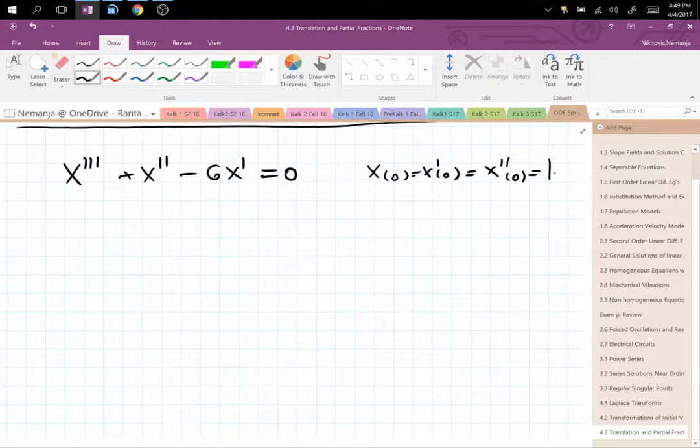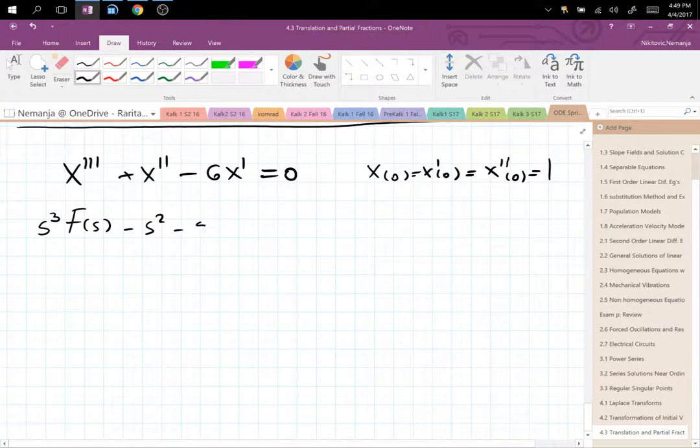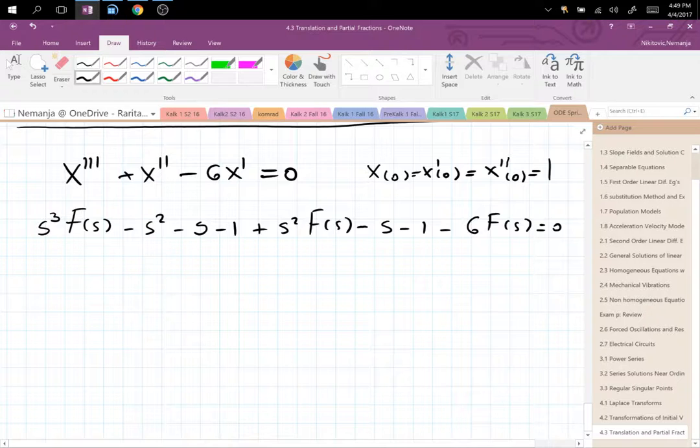All right, so let's see. s cubed F of s minus s squared times 1 minus s times 1 minus 1, plus s squared F of s minus s minus 1, minus 6 F of s, at least equal to 0 on the other side, right? So now I have